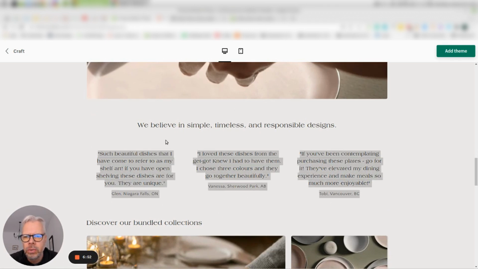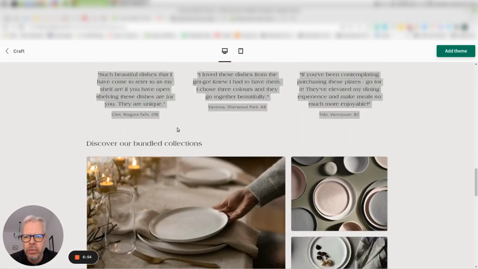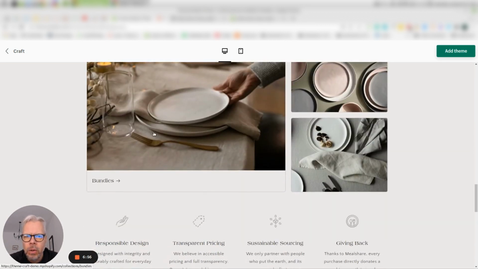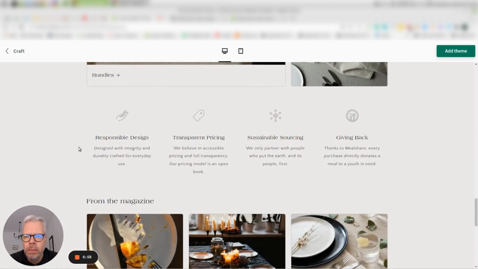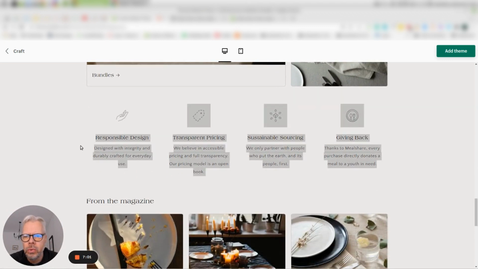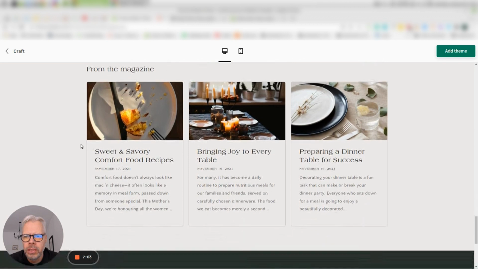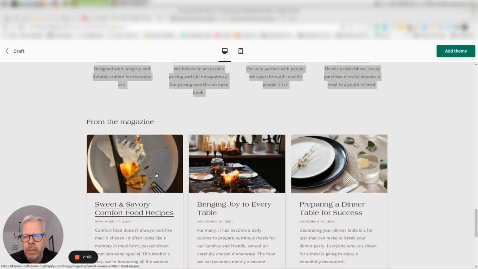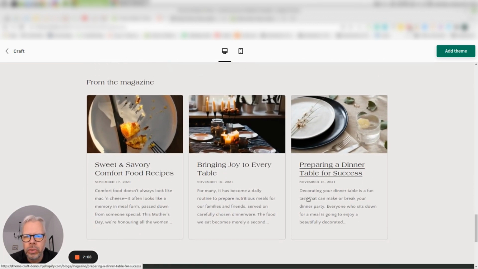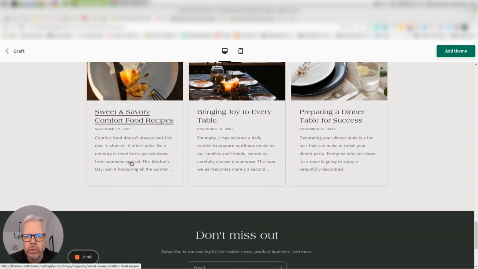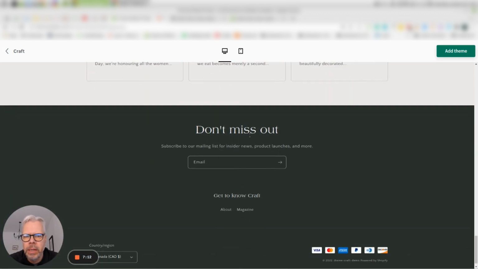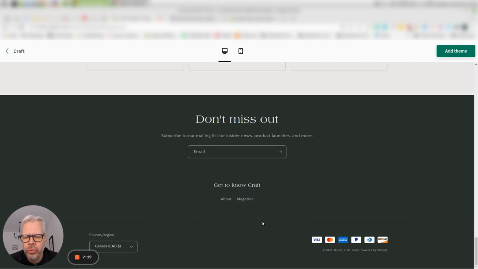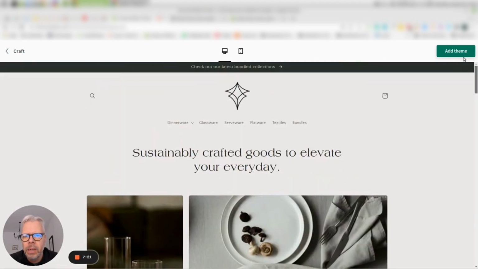Here they have testimonials, which is very nicely done and fits very nicely into the layout. Then they go into bundles, which is kind of interesting, giving more benefits on why you should buy from them. Also nicely done. And then down here, they lead to the blog and use some content marketing to inform and educate about the products. And then again, in the footer, we have the email sign-up form as usual, and then a relatively small footer. So I like the Craft design a lot, to be honest,